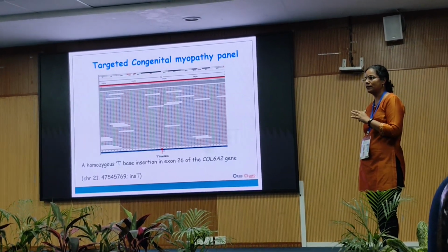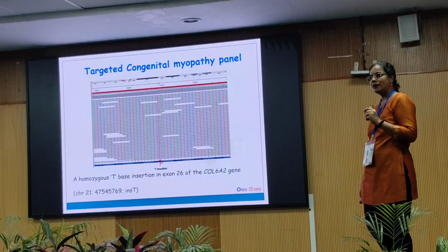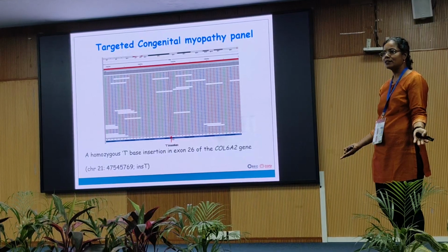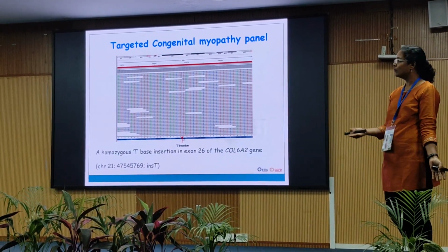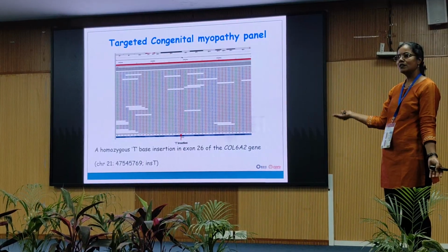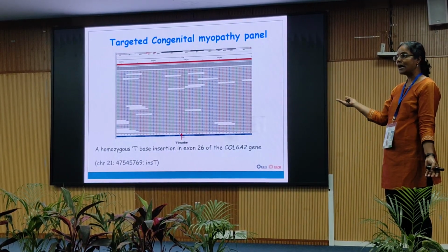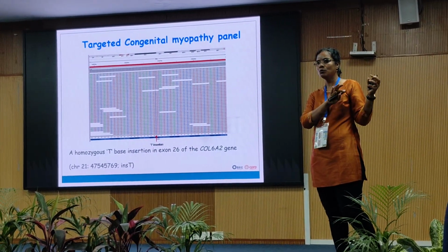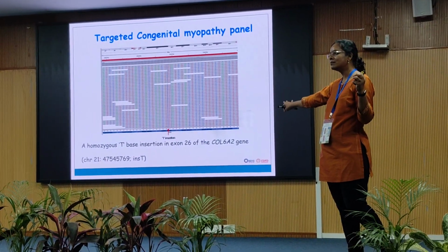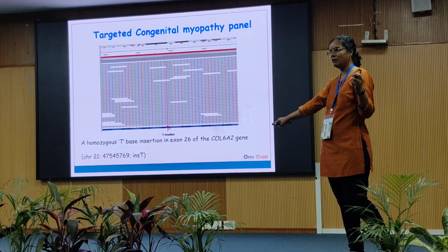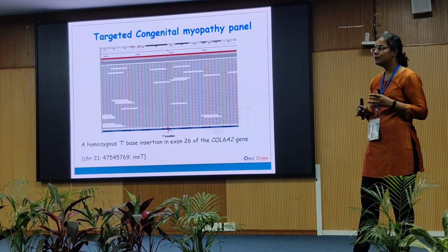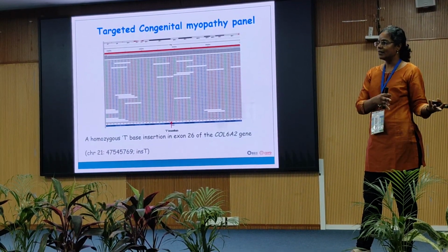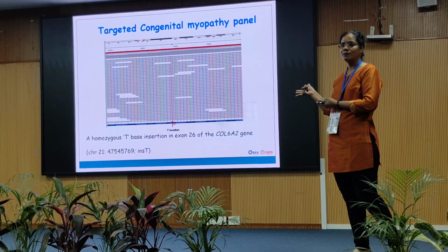Why I showed this case is we did the physical mapping taking almost 2 years. We could identify nothing, but just because of the phenotype, we did a targeted sequencing. Within 15 days, we could get this. And it is on a different chromosome. What is that? A balanced translocation between chromosome 2 and 22, and the homozygous T insertion we got on chromosome 21. So sometimes there will be double accidents. The chromosome translocation is one accident, and this is what is causing her the phenotype. So this is what you have to solve.